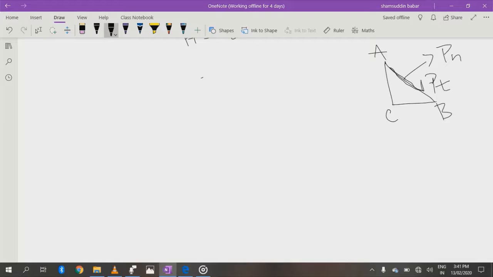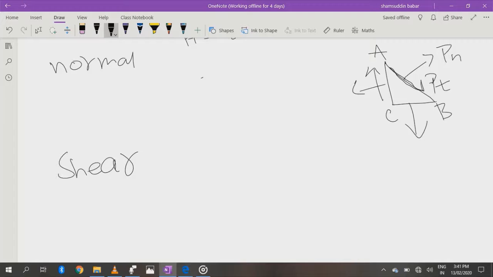Now I will break all these into normal and shear components. One thing: all these forces that I apply, for example this force, this force, this force and